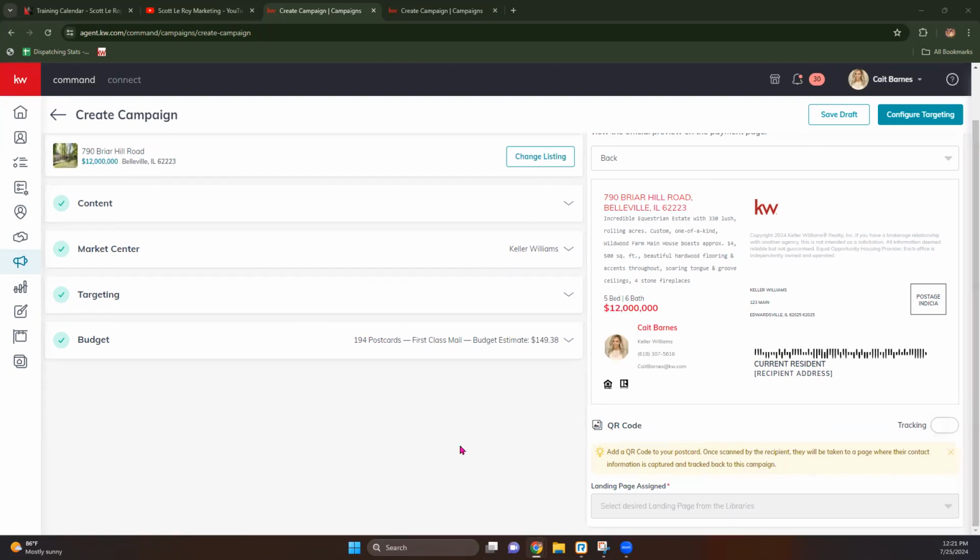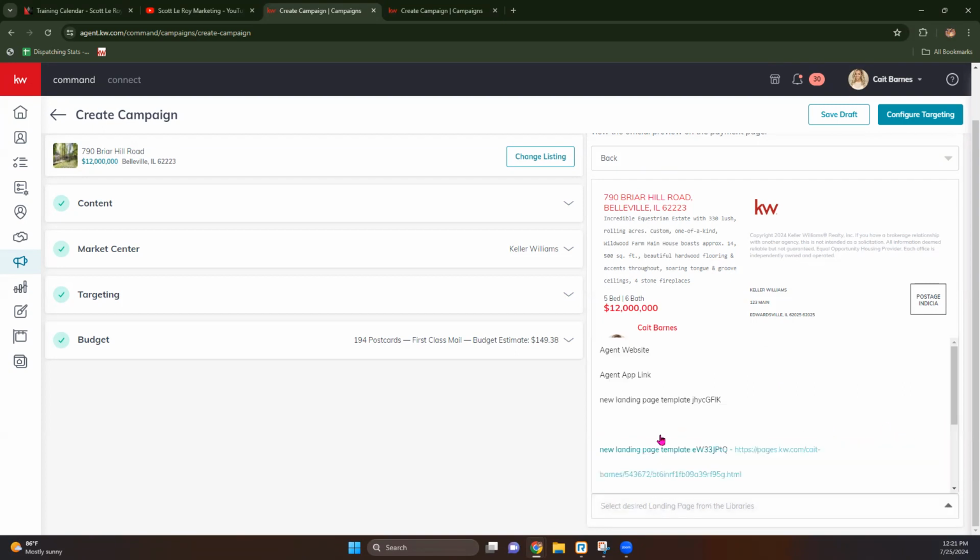Over here, again, we have our preview. There is this QR code option down here on the bottom. This is a great way to link your website to your postcard by adding a QR code that they can scan from their phone, and it will redirect them to your website or any other URL that you'd like to use. So if you turn that on and you select a page that you would like that to go to,